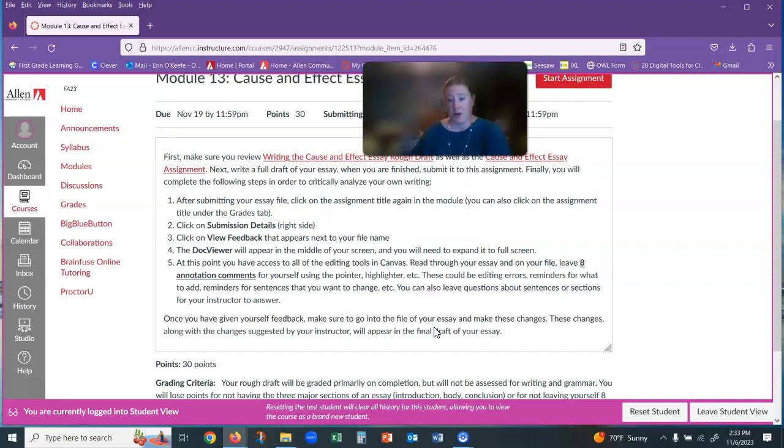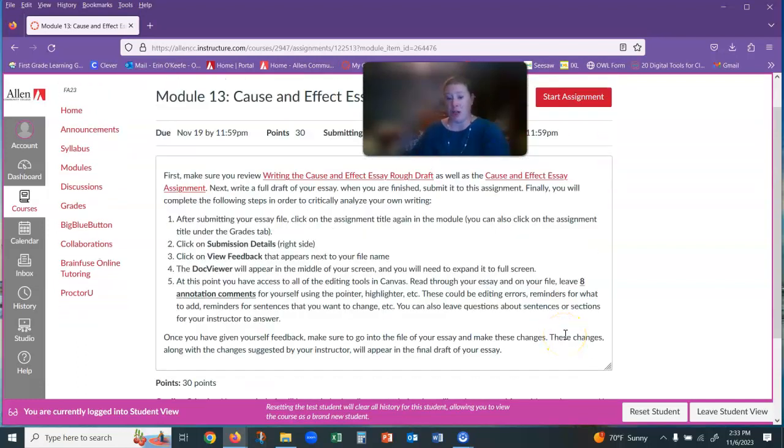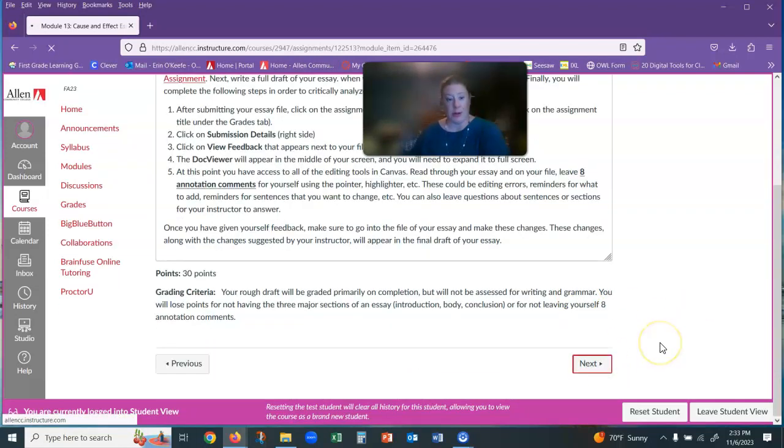It should not take you very long, but basically this is requiring you to read over your own rough draft. So you want to post your draft and then read through it and leave yourself some feedback, even if it's just fairly generalized, like if you didn't finish the conclusion paragraph, obviously at the end you could put no conclusion paragraph or need to finish this or something like that. And that way I know that you have acknowledged my draft is incomplete. So that's something you can do as well.